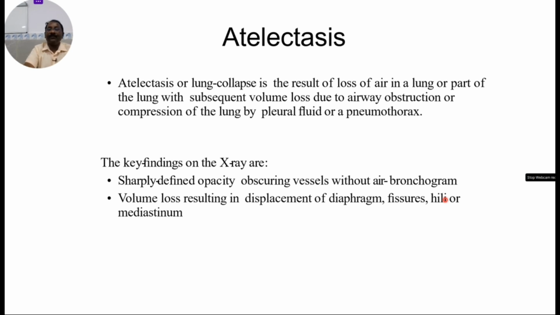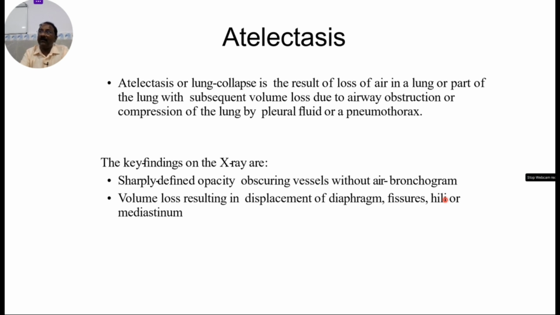Atelectasis or lung collapse is a result of the loss of the air in the lung or part of the lung with a subsequent volume loss due to airway obstruction or compression of the lung by the pleural fluid or the pneumothorax. The key findings in atelectasis are sharply defined opacity, obscuring the vessels without the air bronchogram. So the air bronchogram is a feature in your consolidation, whereas in atelectasis you don't find any air bronchograms. There will be the volume loss, whereas in